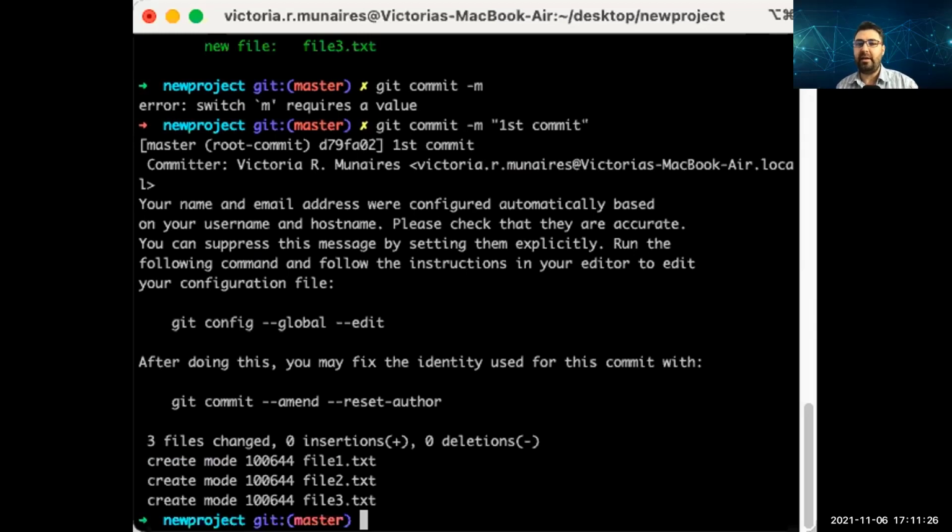Which means it's now all tracked. So whatever changes you make on those 3 files will be tracked. And the next time you can add all those changes and commit again, and add some changes and then commit again, make more changes and also commit again. So this is the Git lifecycle actually. So for example, now let's make some change on one of the files.